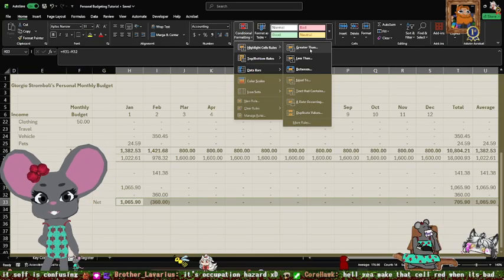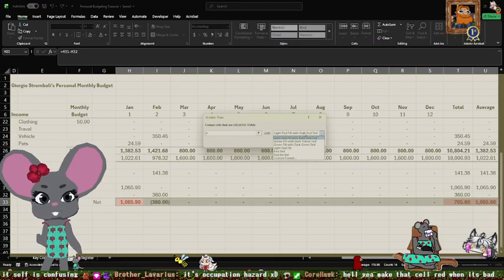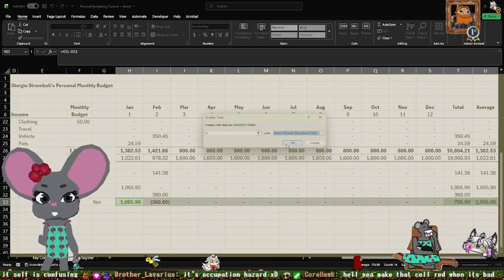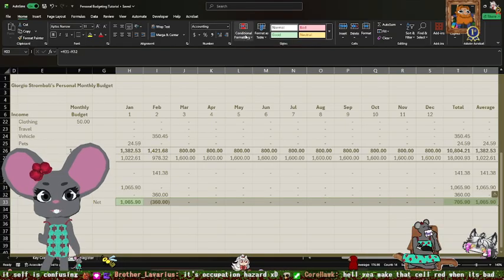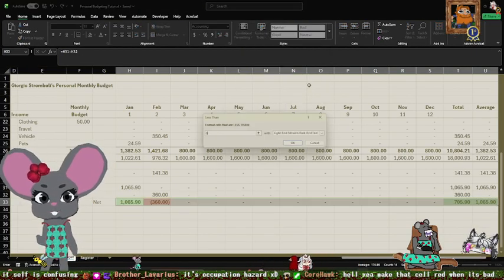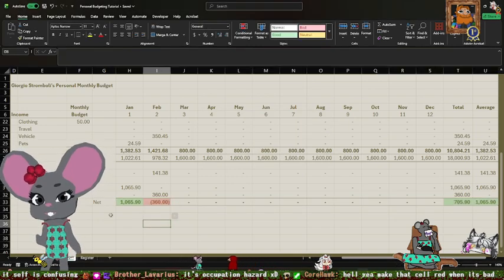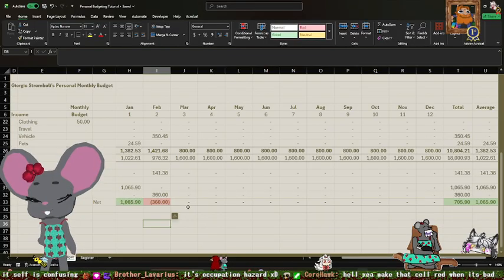When our savings is greater than zero, we want to make it a happy green color. And when our savings is less than zero, we want to make it an angry red color. There you go. There's some conditional formatting for you.